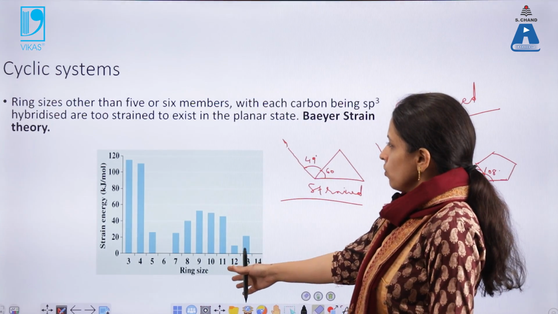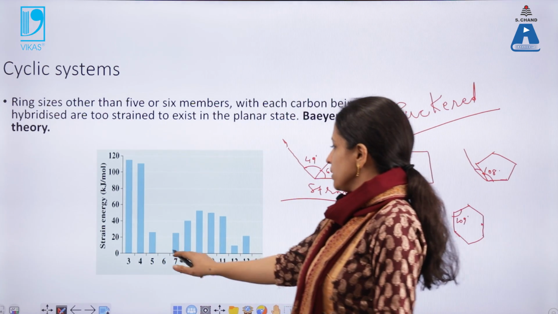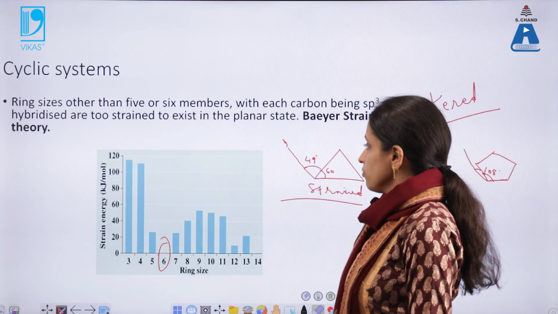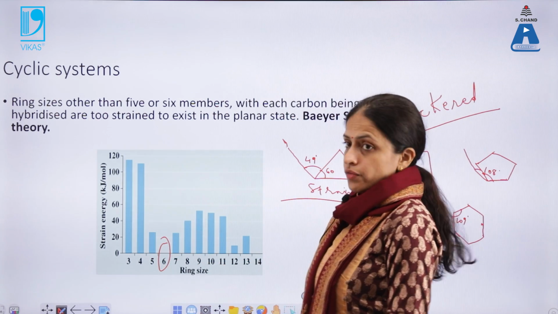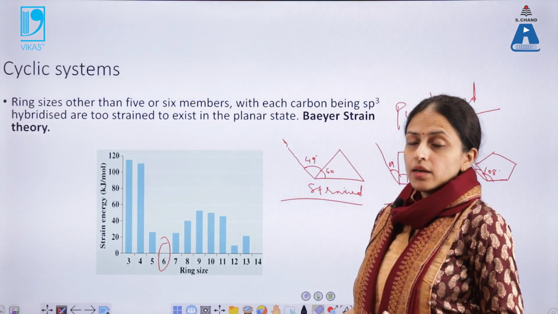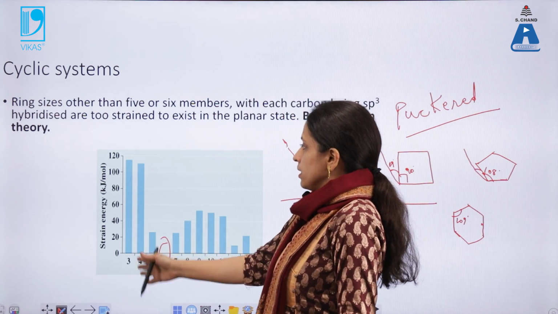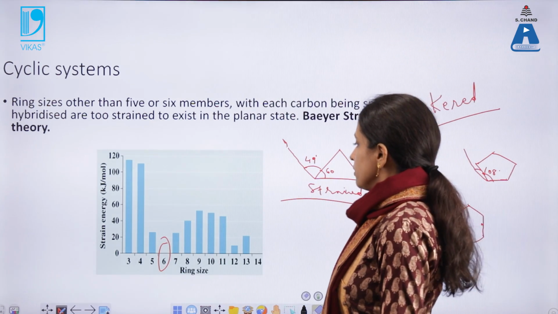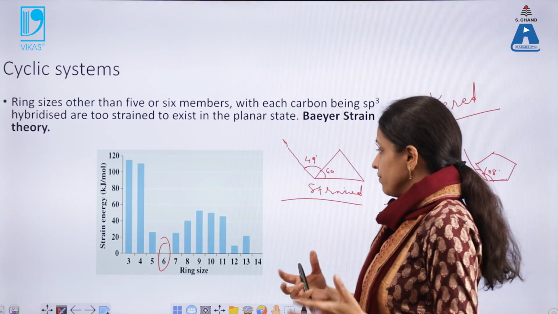So this is also the energy diagram for the strain with respect to the ring size. Here you can see that the ring system with 6 carbon atoms will have no strain. It is devoid of any strain because the molecule undergoes puckering and the bond angle is also the tetrahedral bond angle. Below this, there is some strain. Beyond this, again there is some strain,